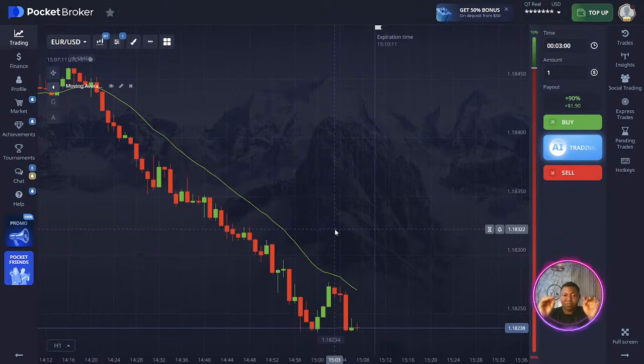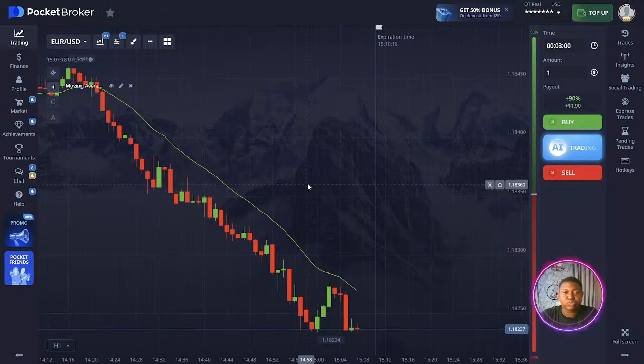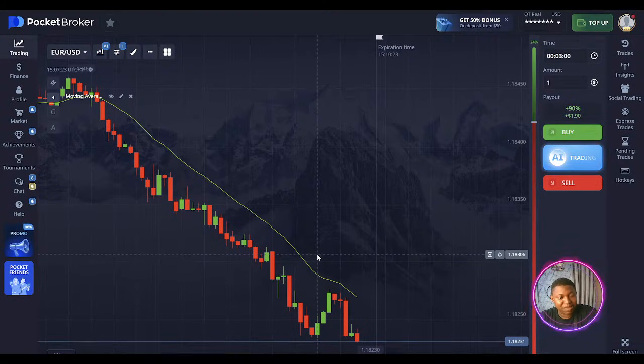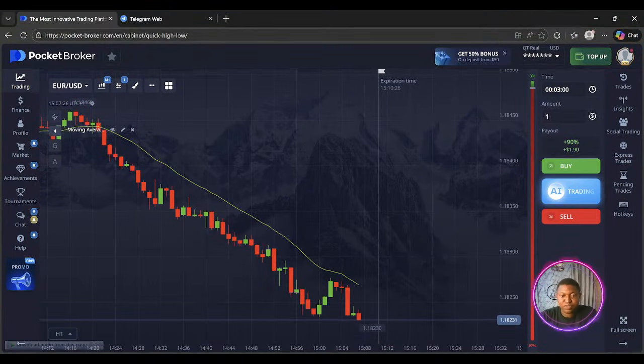Now, we've already started trading, but before we go further, there are some things I want you to know if you are just starting on Pocket Option. The first thing is